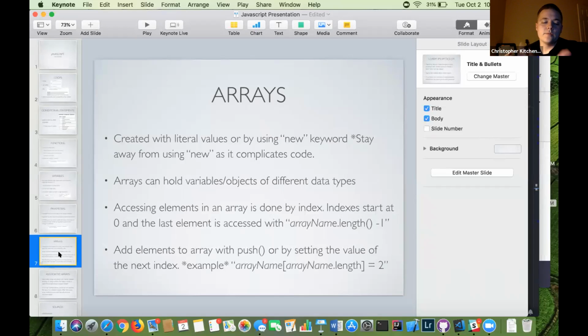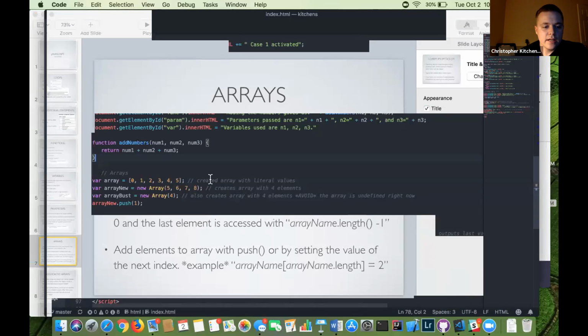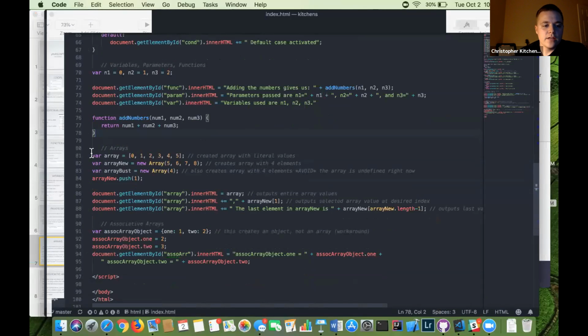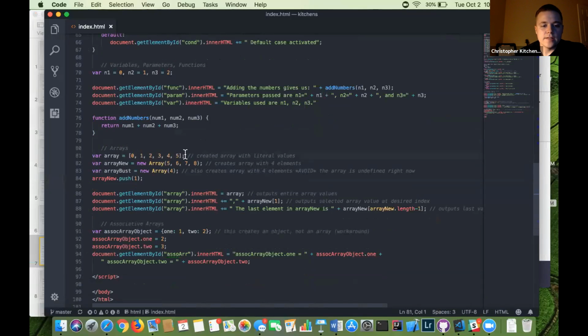On W3Schools, which is where I got the majority of this information, it cautions people not to use the new keyword, because it can complicate code, but you also get kind of weird results. As an example, the first array works how you would expect. It creates that array with those 6 different numbers in it, literal values, and it's done.